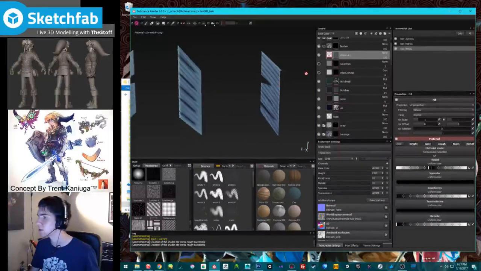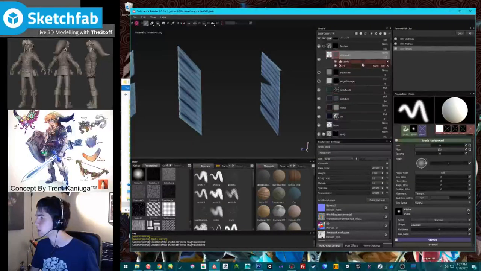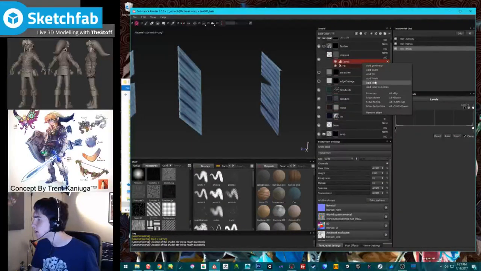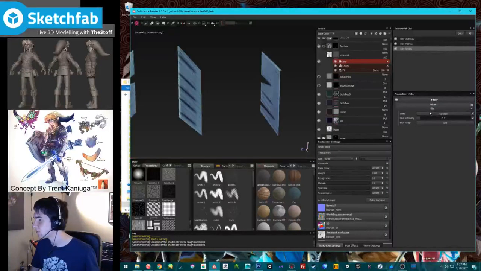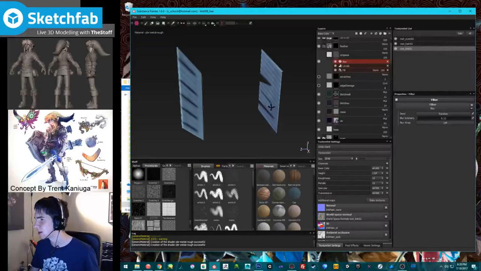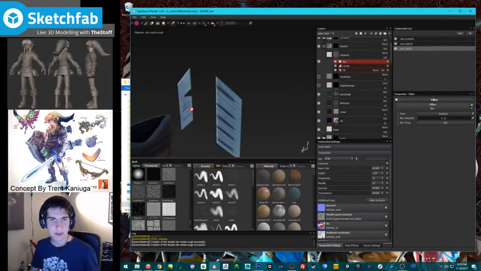Maybe I'll blur it a little bit, because it's a bit pixelated. That's one thing about Substance Painter that I find is it's always blurry. Or not blurry, but it's not anti-aliased a lot of the time. I think when you export it, it is, but I always like to throw a little bit of a blur on there just to kind of soften it.